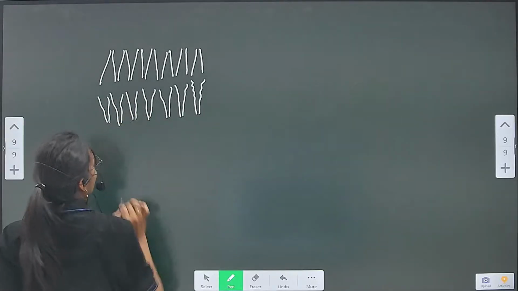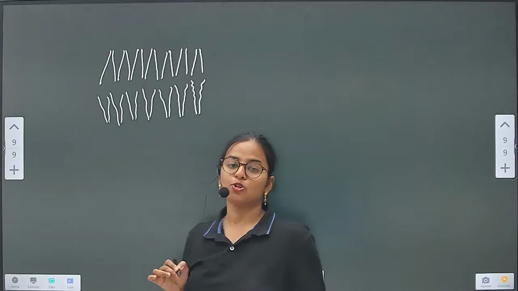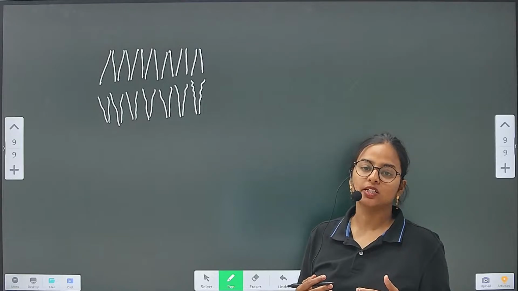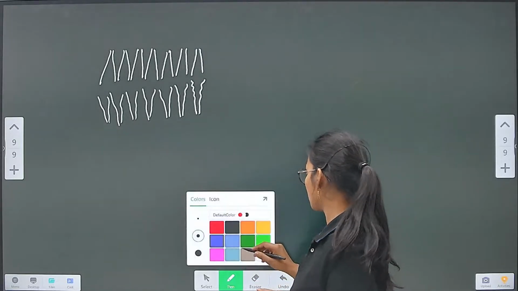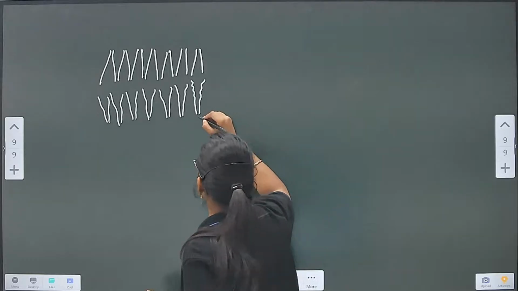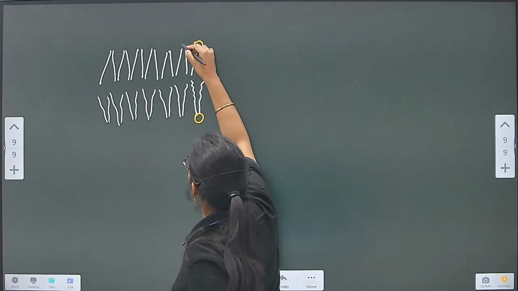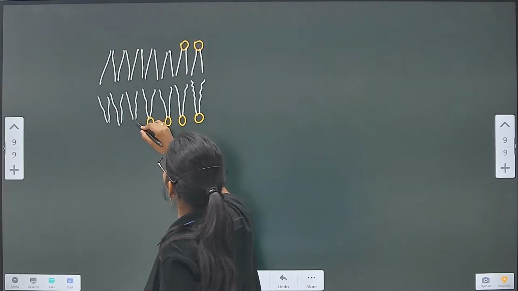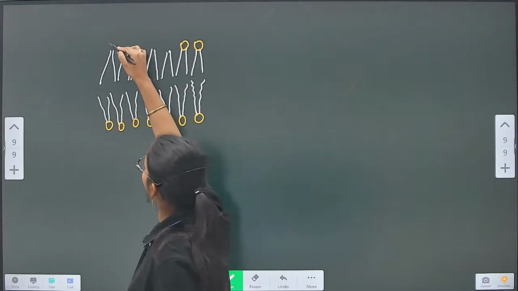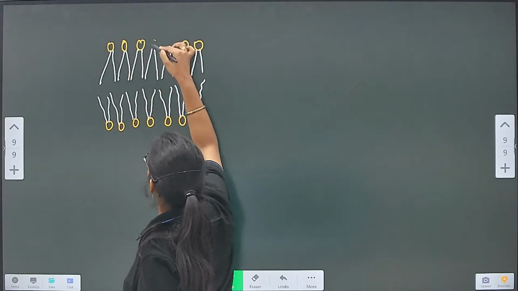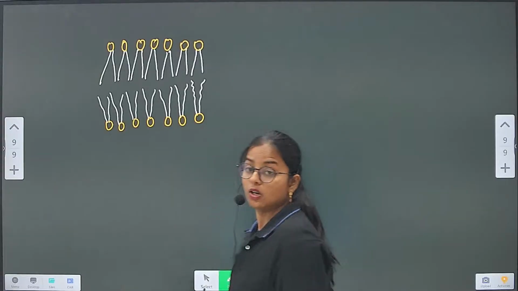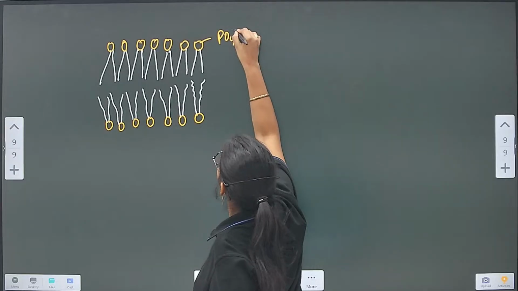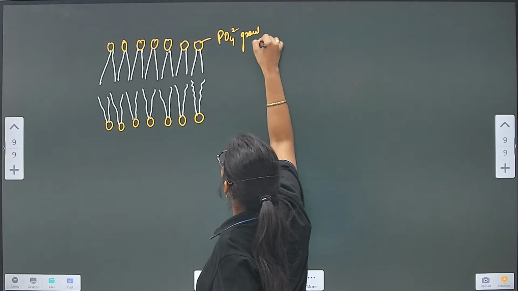See, what I am drawing over here, I am drawing the hydrocarbon chain which will be attached with the phosphate group. Let us draw the phosphate group over here. These are the phosphate group. Every tail will have phosphate group. Okay, phosphate group and phosphate group. Right. So this is the phosphate group, attached with